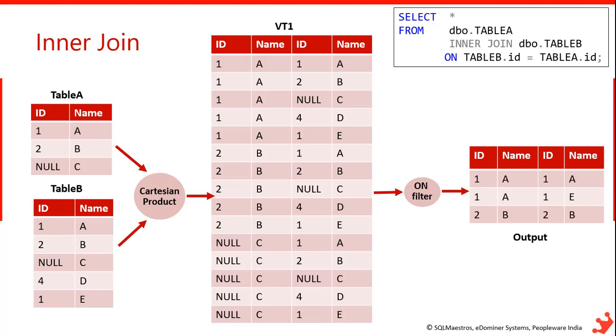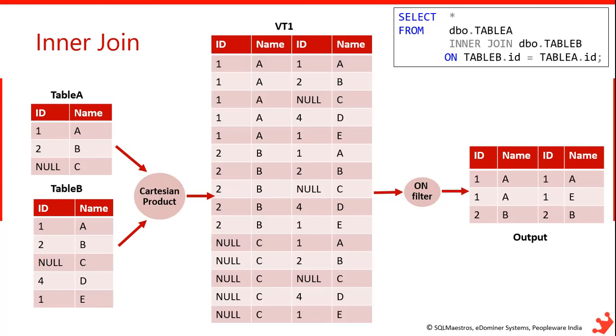The top points to be noted in this particular slide: if you observe table A, we have one null record in the third row, and we have one more null record in table B, also in the third row. Even though null and null seem equal, in SQL Server nulls cannot be treated as equal. Nulls are non-comparable. Null is not comparable with another null, and it is not comparable with another value as well. So SQL Server will ignore nulls in the final output.